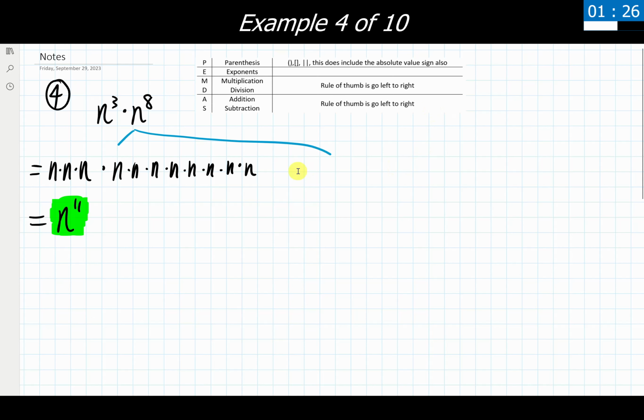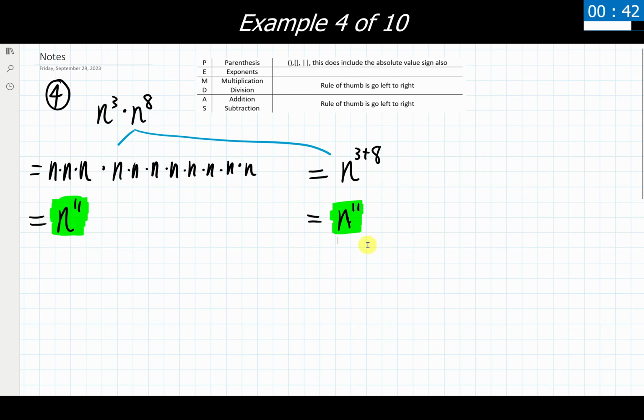Now alternatively, instead of going through and having to write all of this out and then count things up and then maybe miscount them like I do, we have the alternative of using the product rule that we went through at the very beginning with our different properties. I noticed that the n's, which are the bases, are multiplying together, which means the product property is in play here. So if I'm using the product property, that means the exponents are going to add together. So I get n to the 3 plus 8 power, and 3 plus 8 is going to give me 11. We're seeing that we have two routes here, again, perfectly acceptable to be used to get to our final answer.